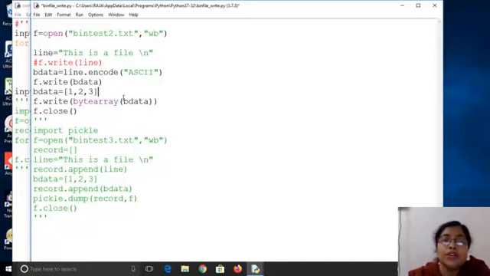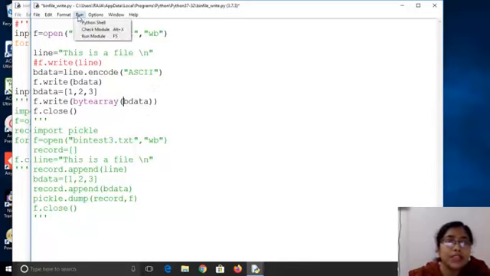So before writing, we have to convert the list to a byte array, otherwise it will not be writable inside the binary file. After we get the string, we have to encode it to ASCII. When we get a list, we have to encode it to a byte array. That means we cannot write things directly in the format we have. We have to convert it to a particular format, actually the byte format, for writing into the binary file.